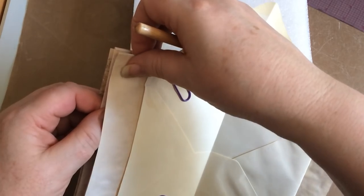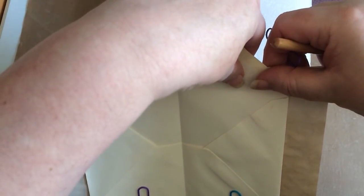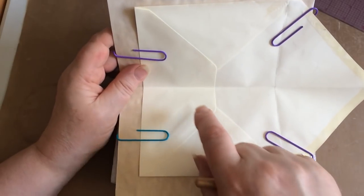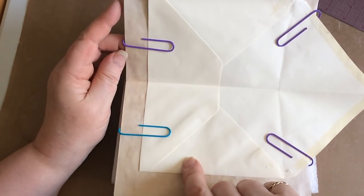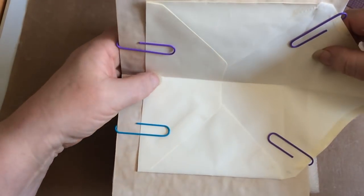Because I would like to have the stitching inside and not through the envelope itself. So I'm actually going to do my stitching in there and then put the flap down afterwards. Okay,